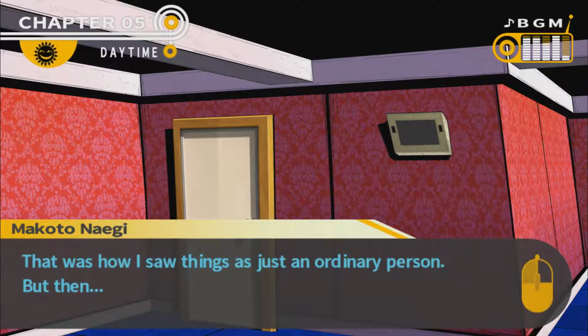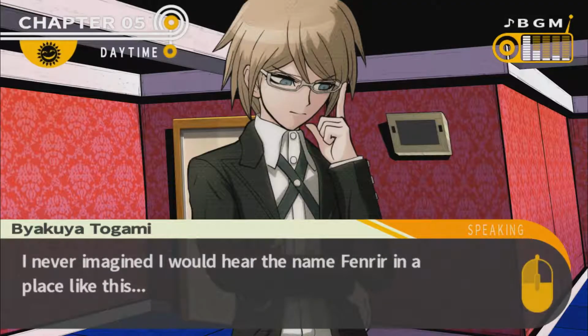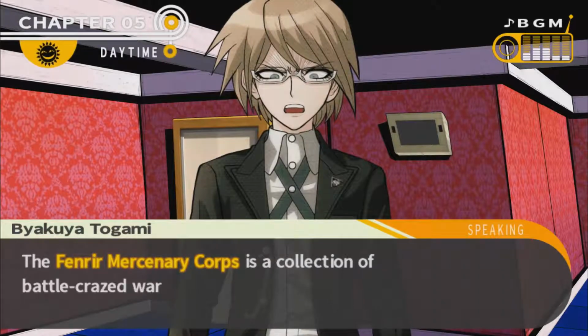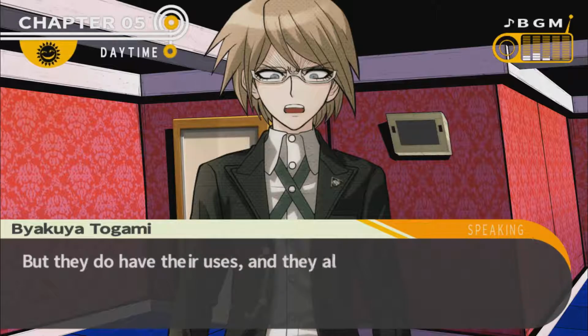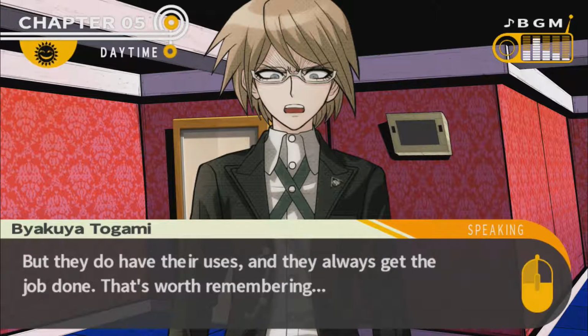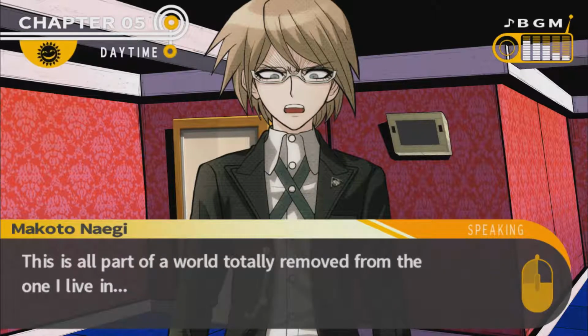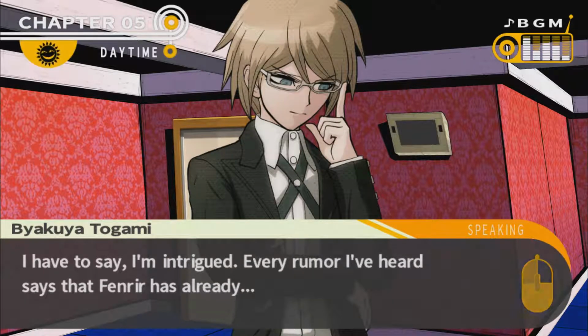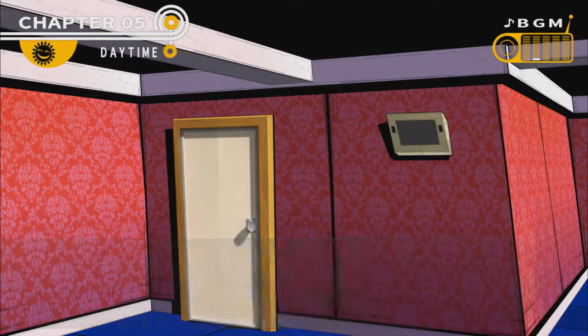That's how I saw things as just an ordinary person, but then... I never imagined I would hear the name Fenrir in a place like this. Huh? You recognize it? The Fenrir Mercenary Corps is a collection of battle-crazed warmongers. But they do have their uses and they always get the job done. That's worth remembering. This is all part of a world totally removed from the one I live in. I have to say I'm intrigued. Every rumor I've heard says that Fenrir has already...